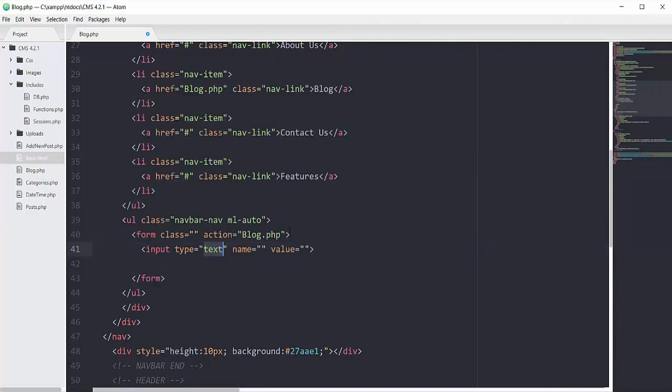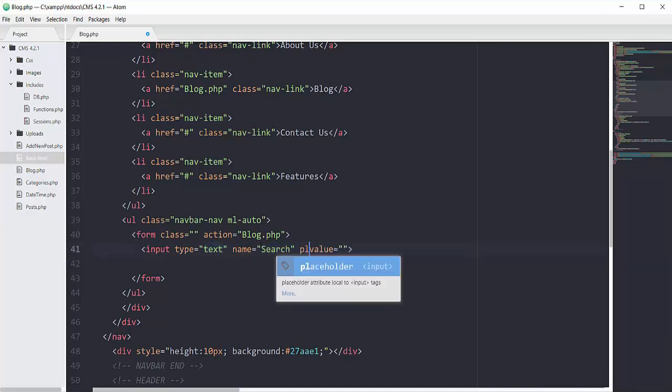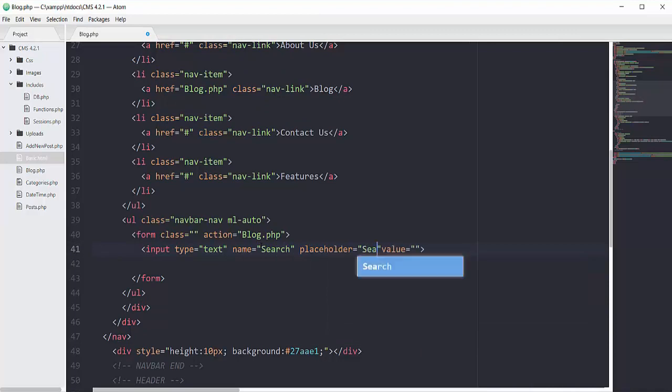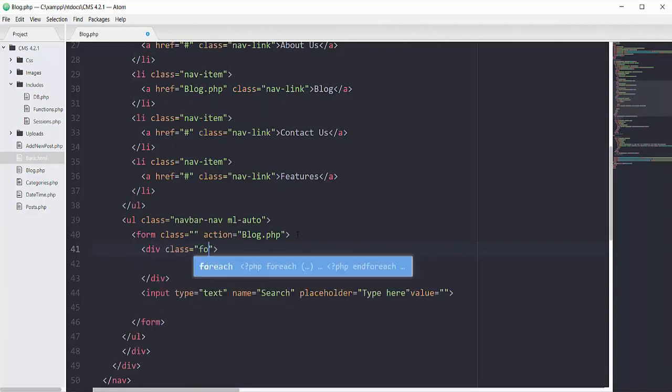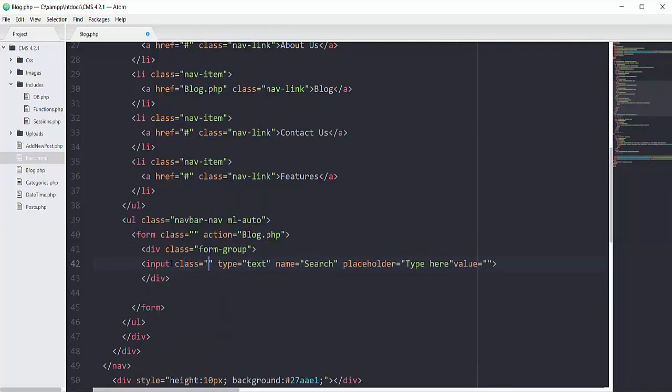And then inside this form we will have an input field with the type of text, and its name will be search, and let's add the placeholder. So search here, let's make it type here because we will have the button of search. So this whole input field inside div of form group, and our input field will have a class of form-control,